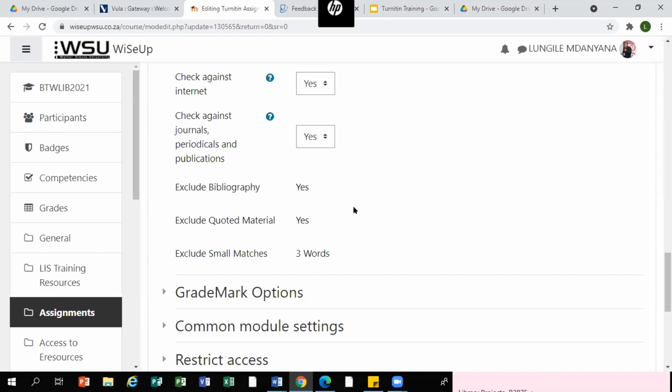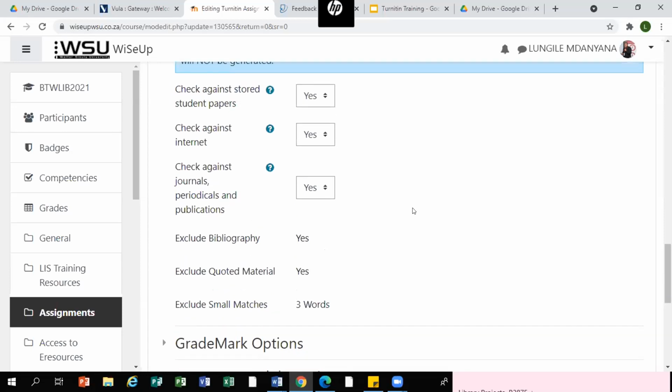And another problem would be with excluding small matches. Here with small matches, immediately you put a percentage here, the index goes